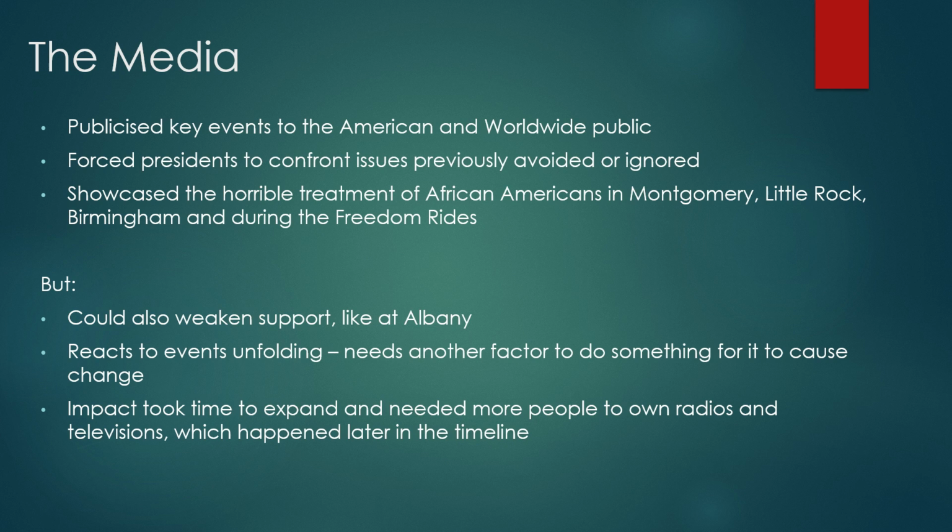And we also see how this changes across the timeline. In the 1940s and early 50s, not a lot of people had access to televisions. They would have had radios by this time, but televisions were new, they were novel. And so it's only by the mid 60s that lots more people have got access to them, and we can say there's a clear avenue for change there. So, again, in terms of the timeline, maybe it's actually only important at certain points when people have access to the technology and when key events like Birmingham, like Montgomery, like the March on Washington are actually happening. So it's a very interesting factor, this one, and it all comes down to how you want to interpret it.